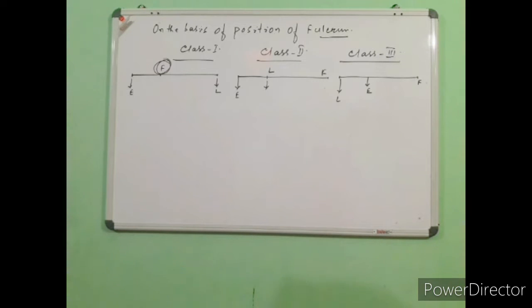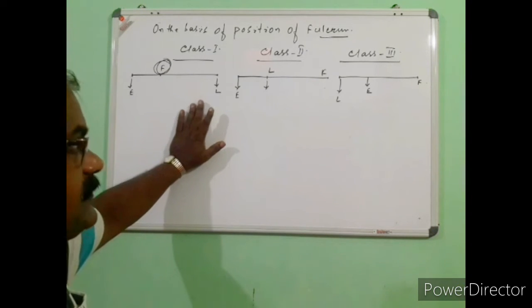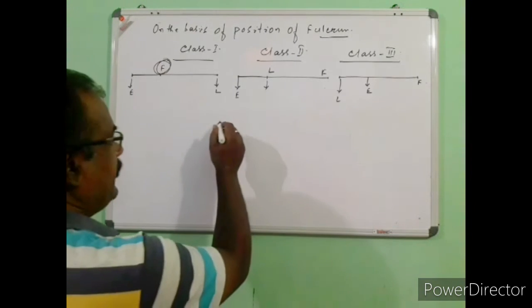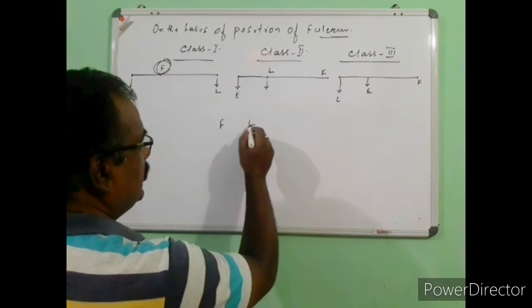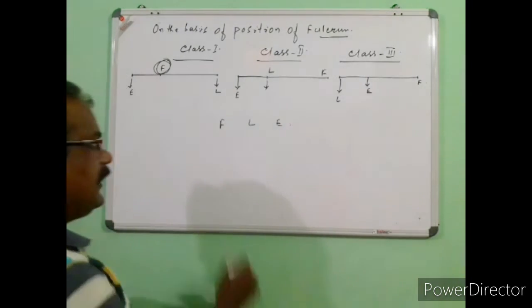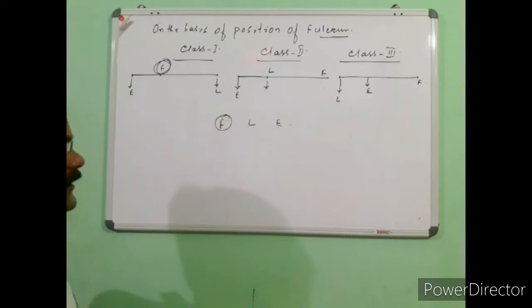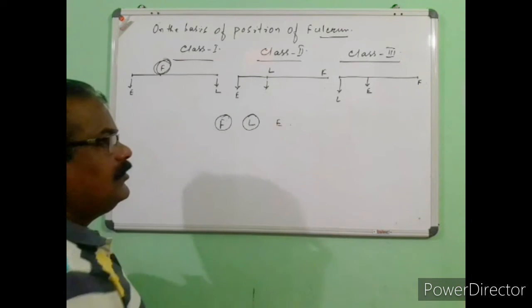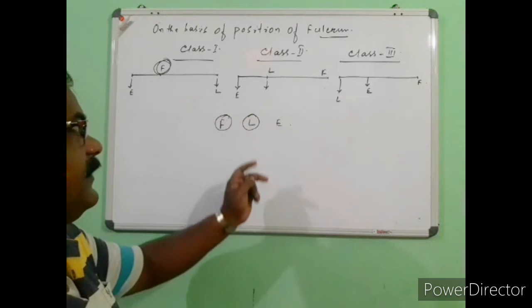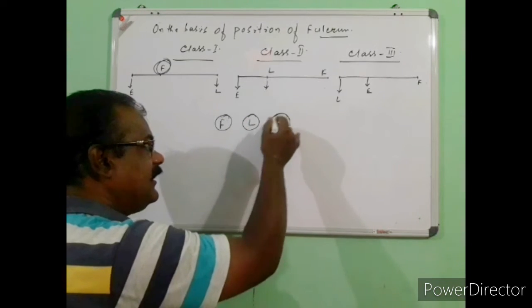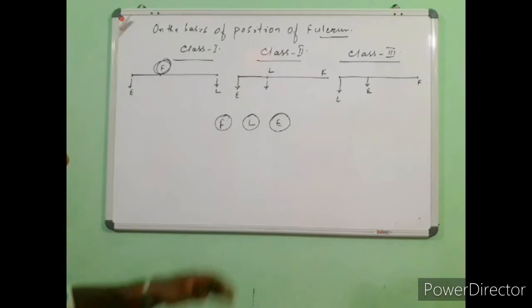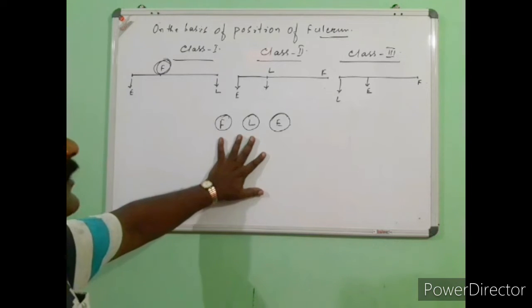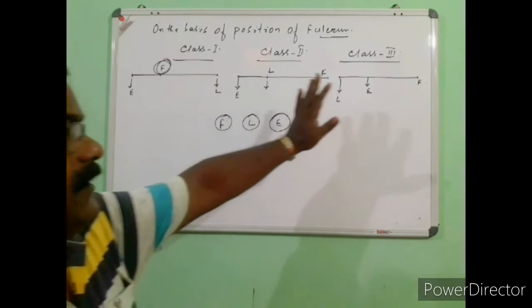So there is a very easy method to remember the different types of levers. That is, you simply flee. You will take the points fulcrum, load and effort: FLE, flee. F stands for class 1 lever, where the fulcrum is the point between the load and effort. L, load, lies in the middle in class 2, where this is the point between fulcrum and effort, and in class 3, effort or E lies between the load and fulcrum. So remember that according to these positions we can also classify class 1, class 2 and class 3 levers.